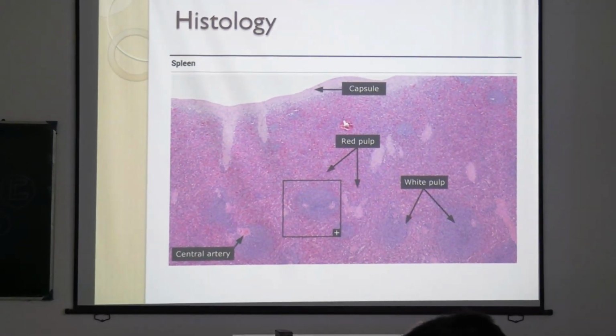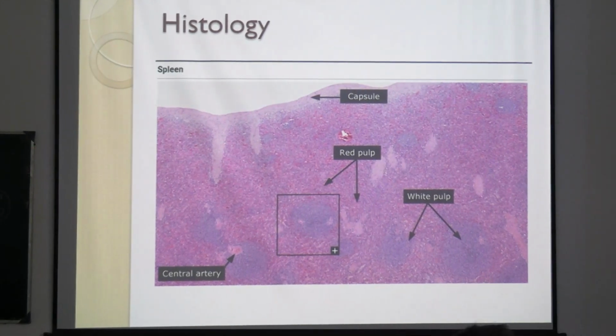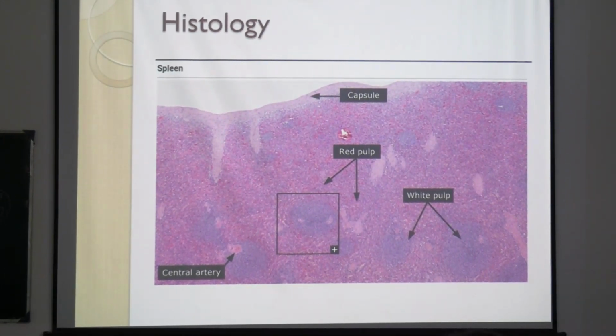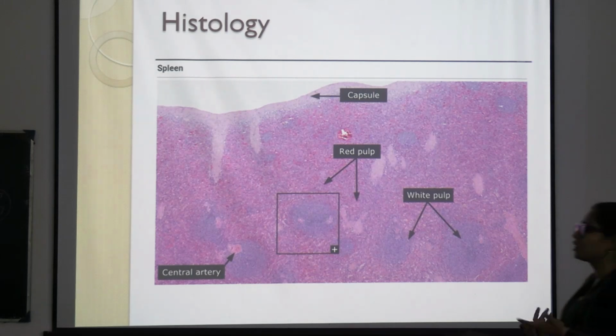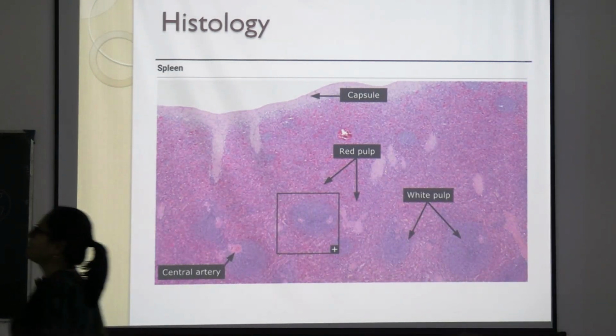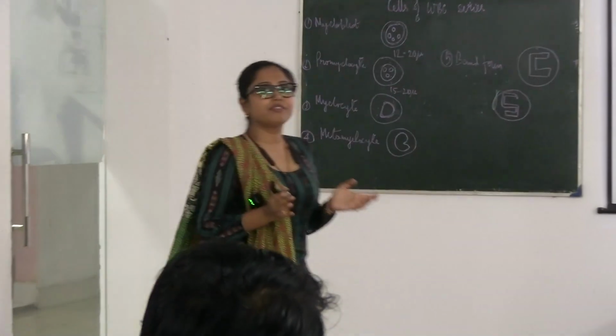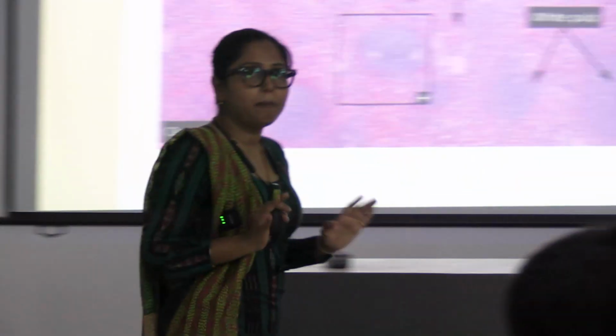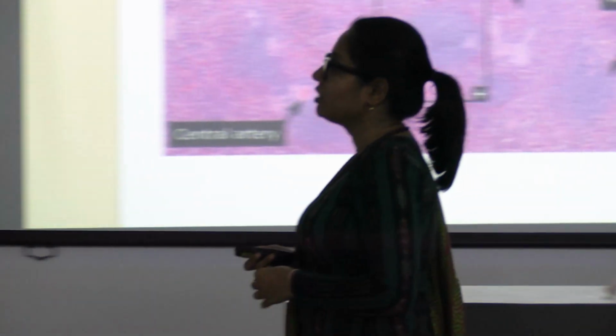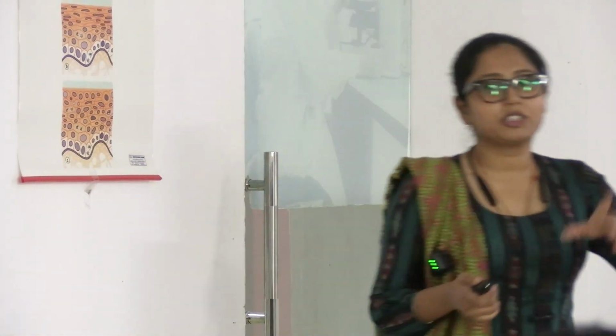What happens when I tell you that there is portal hypertension and a lot of stasis of blood? What do you understand? What changes will be there histologically? I already told you. There will be expansion of red pulp, and white pulp will comparatively reduce. And there is something else that comes. What is it? Gamma antibodies. You're going to read what that is, because that is very important, and you'll tell me in the next class.